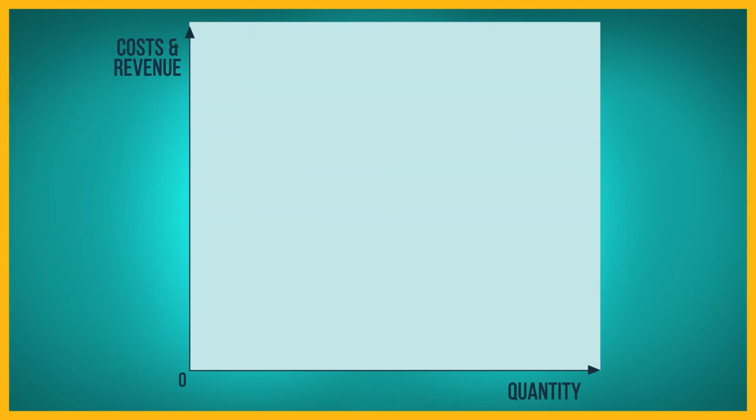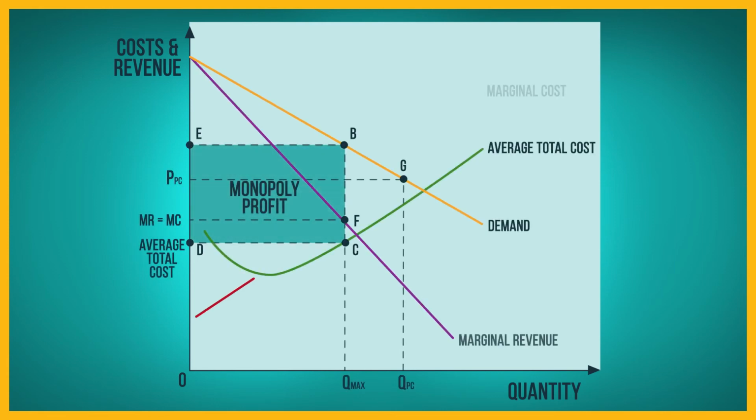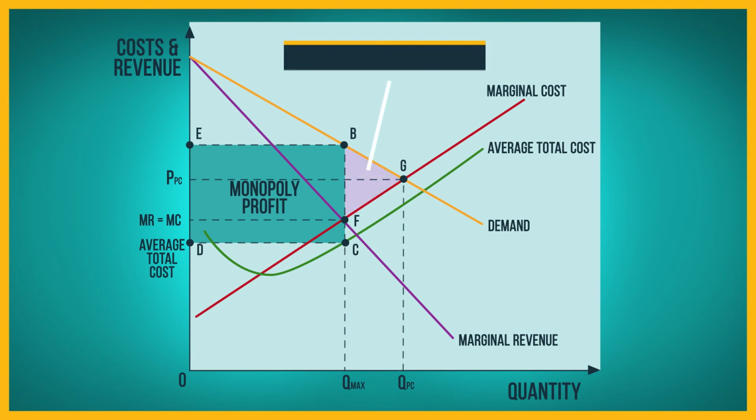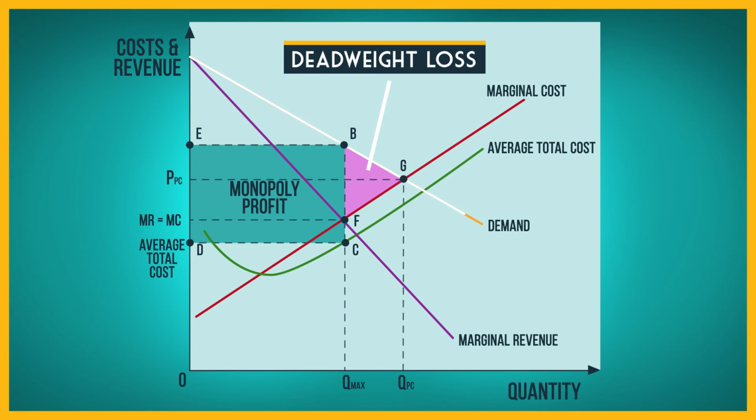on the number line. This graph plots the demand, marginal revenue, and marginal cost curves for a monopoly. The area of the pink triangle is the deadweight loss. The height to the demand curve measures the highest price a consumer is willing to pay. For example, the height to point B is the highest price a consumer is willing to pay when the monopoly